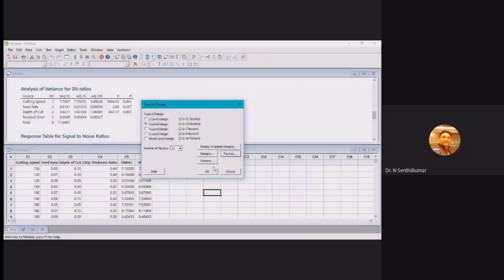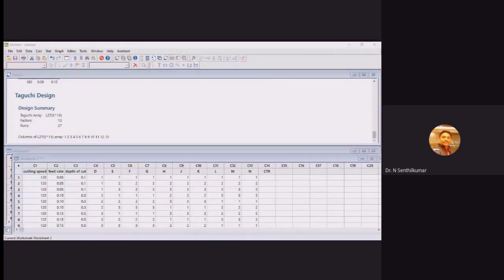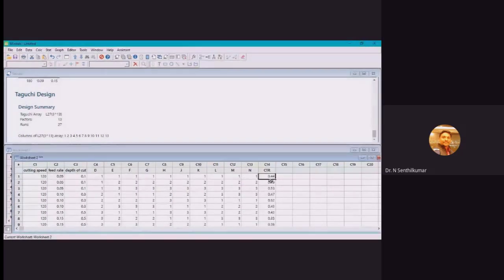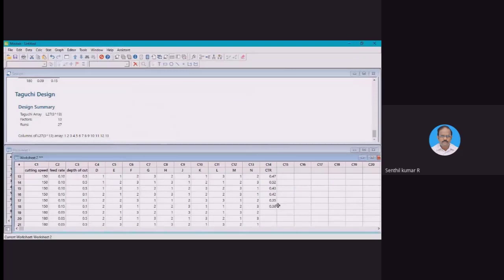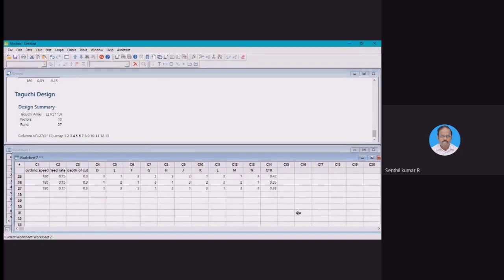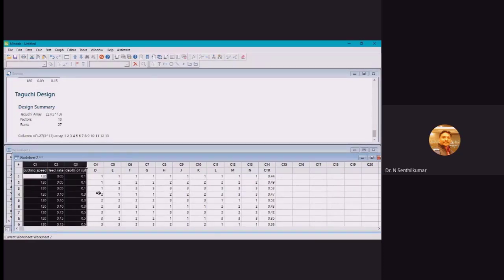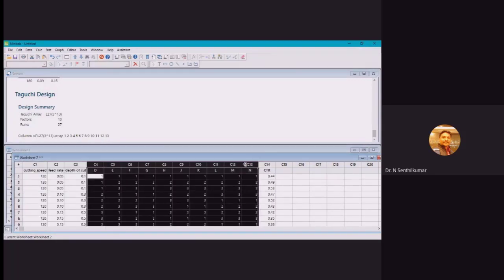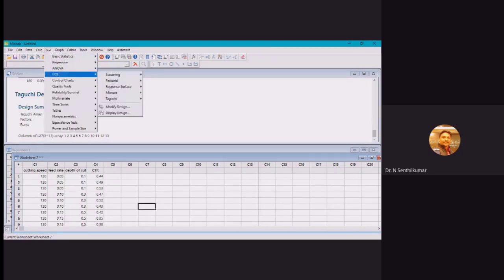Actually, this won't work now. I will tell the reason. So, chip thickness ratio, CTR. I'm just pasting it randomly. Sir, one doubt: here the experimental runs 1, 2, 3 are repeating, sir. Yeah, that's why I will tell. Now I have chosen the 3 levels, 3 columns, no? Now I have taken the output. If I don't want these columns, I can delete them. So now I have the input and output, and I will start all the procedures.